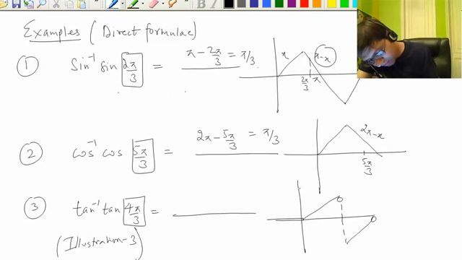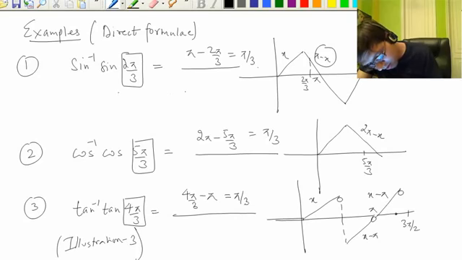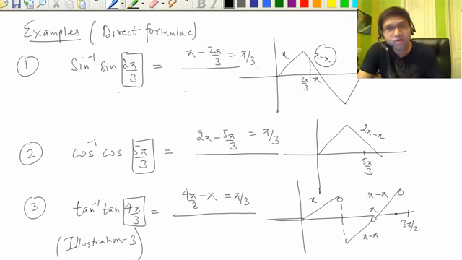So this is x, this is x minus pi, but this is not going to work. We have to go beyond this, so 3 pi by 2. Now 4 pi by 3 is somewhere here, pi plus pi by 3, and the definition is x minus pi. X minus pi means 4 pi by 3 minus pi, which is pi by 3. So that's how you can do these questions if you remember the graphs. Remember the definitions and graphs.